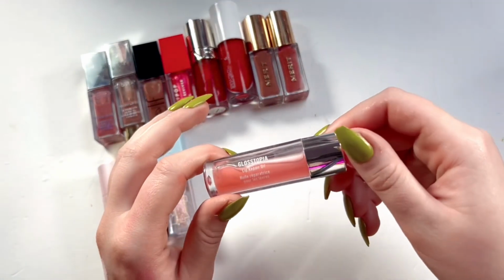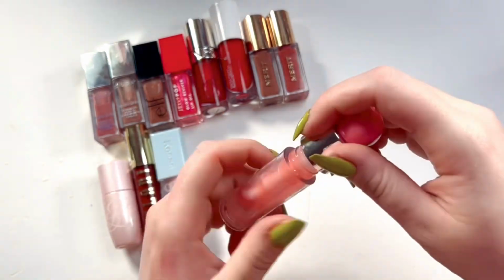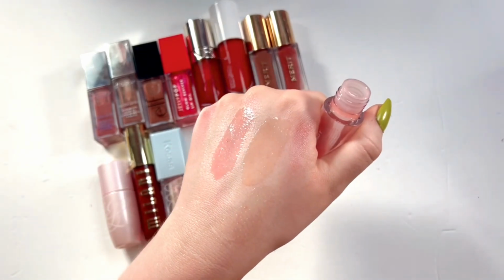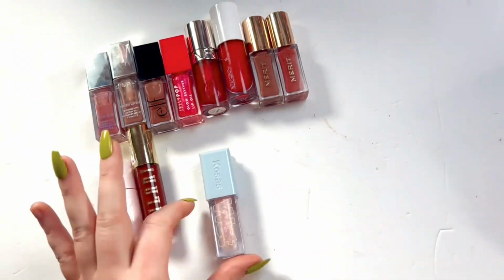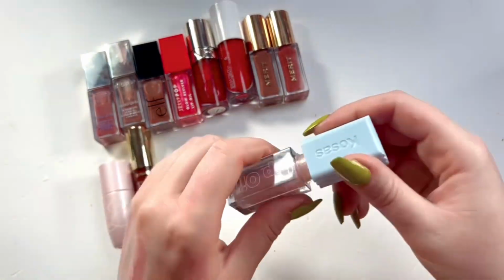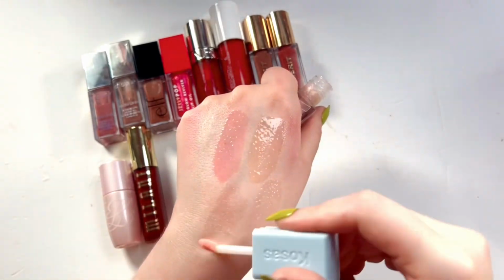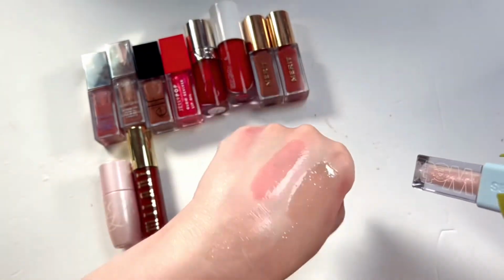Then we have the Glosstopia Lip Repair Oil from Hard Candy in the shade Pink Paradise. This is what I kept in my purse for such a long time. The scent though is rose. It's not my favorite. Then we have this Kosas Wet Lip Oil in the shade Exposed. I don't know how I feel. I'm gonna have to put this in the try-on pile because I just don't know about the super